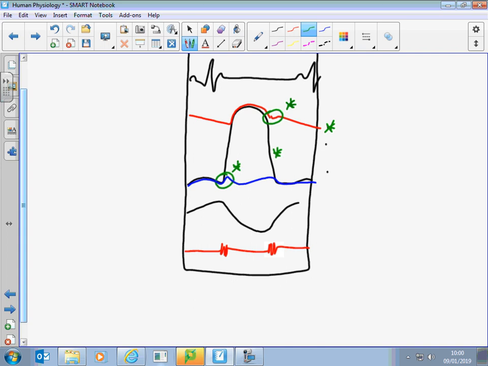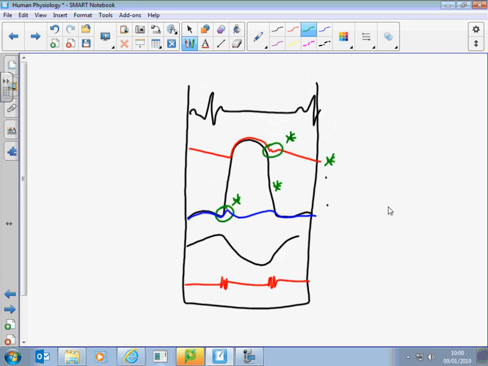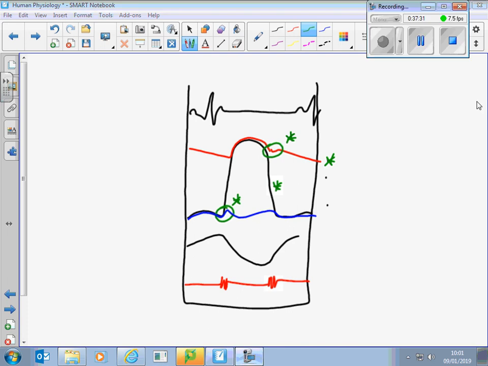Okay, all right. So we've reached a sort of tidy point now on the heart, and so the next thing I'm going to do is to move on to blood vessels. So I'm going to stop the recording at this point, and anybody who needs it can go hunt it down from the last time I did it. So it is on YouTube already. But it is there.